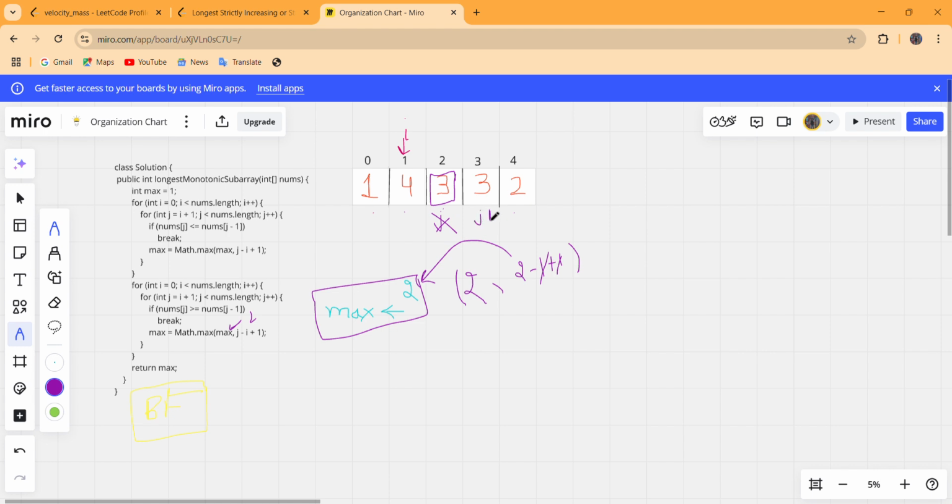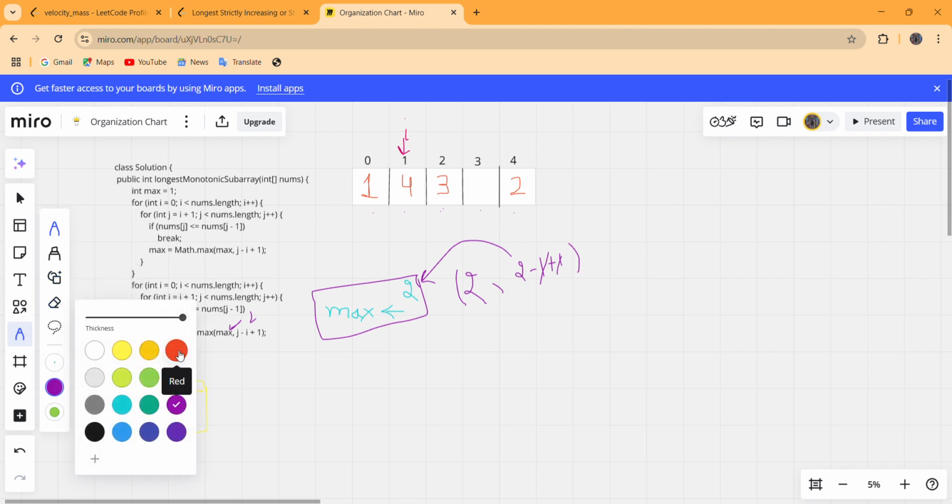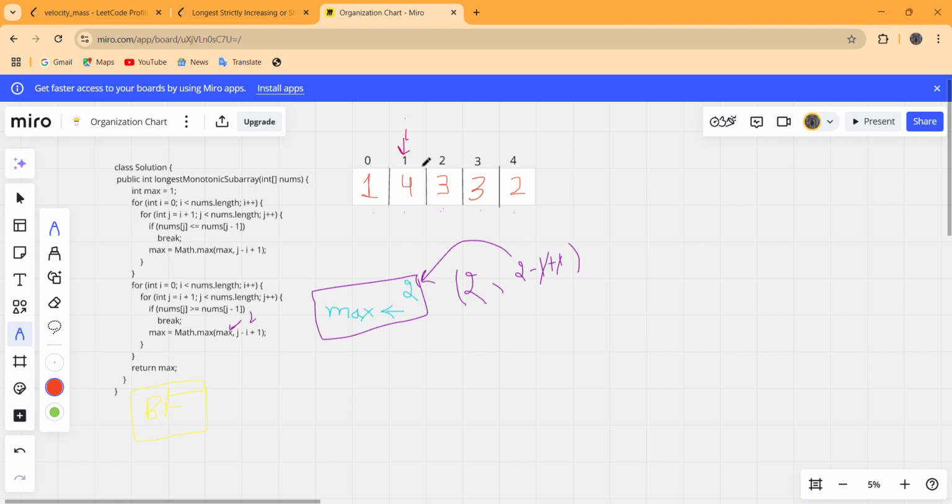and now j again checks if nums of j, that means this, is greater than or equal to its previous element. And we found that this nums of j is equal to its previous element, so this inner j loop is now broken, and our i is again incremented. i will now point to this point, and j will start from its next adjacent index, that means here,